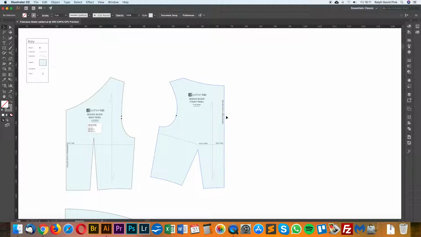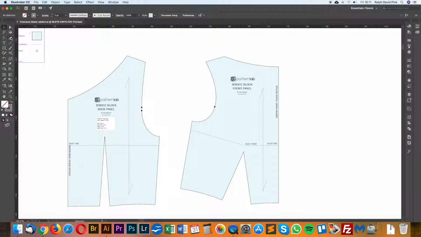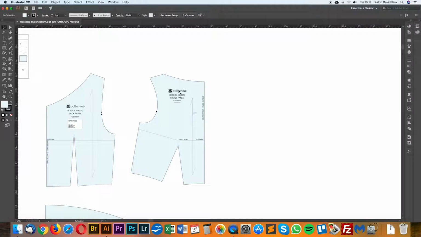You can do a little bit of research about facings. We also have a tutorial that shows you how to do them as well, but I'm just going to do them very quickly here. So if you have no idea about what I'm talking about, that's okay, just follow along with this tutorial and we'll explain it. So to create a facing, before we actually do our dart manipulation,